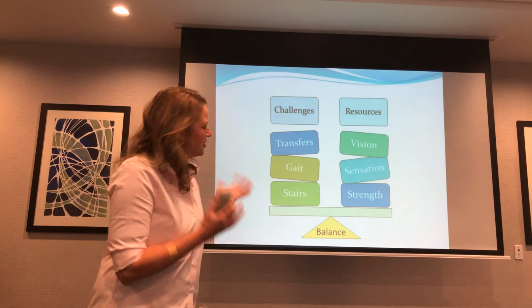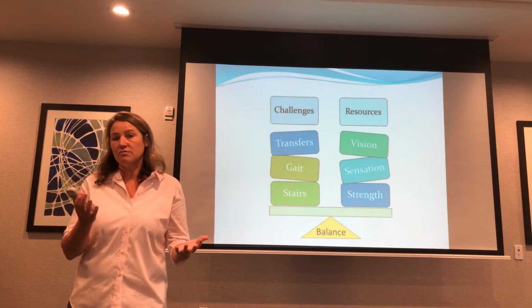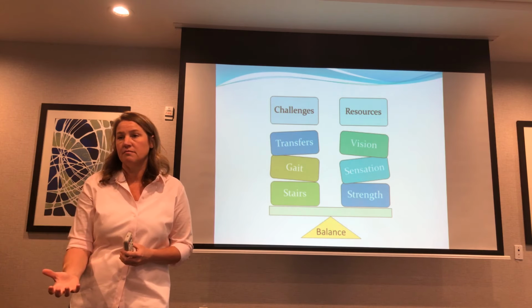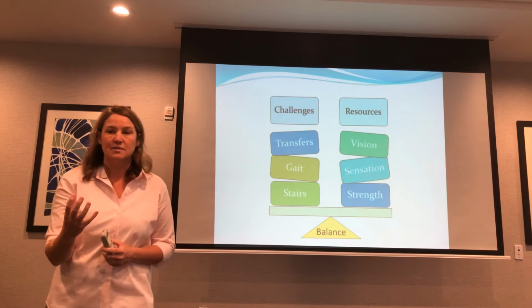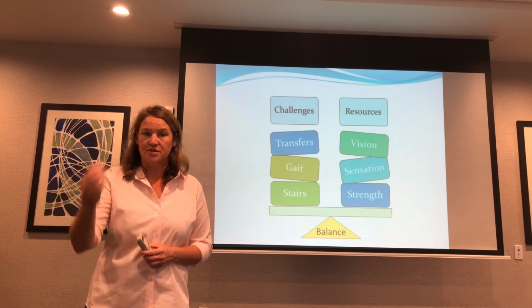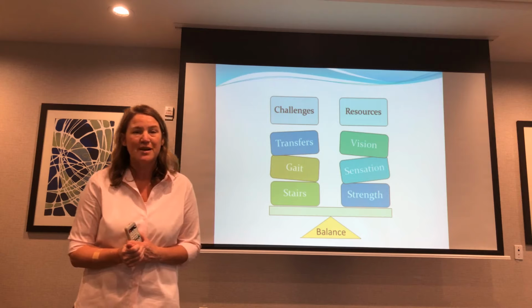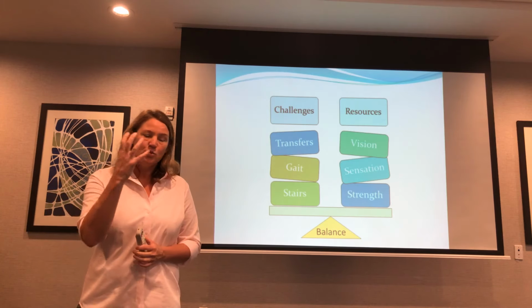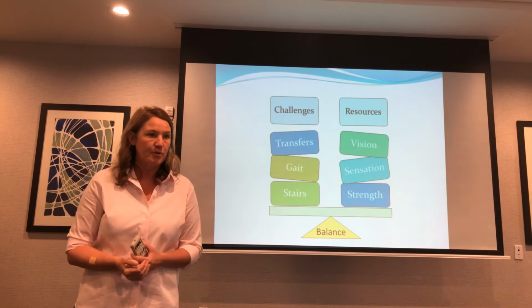So this slide just reminds me to talk about the idea that as we age, certain resources start to diminish. And some of them, no matter how well you take care of yourself or how healthy you are, there will be some changes that cause your resources to diminish. From vision and all your sensory feedback systems, your range of motion, your strength, and so forth, you will start developing some deficits and have some decline, but it's variable.